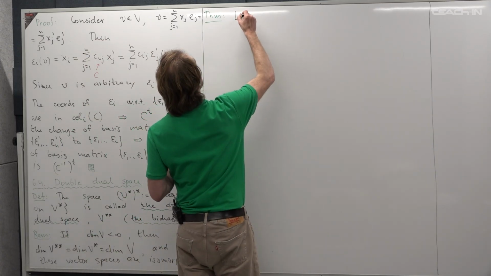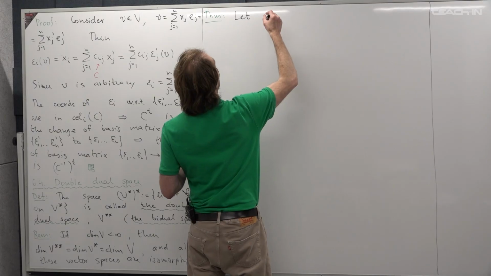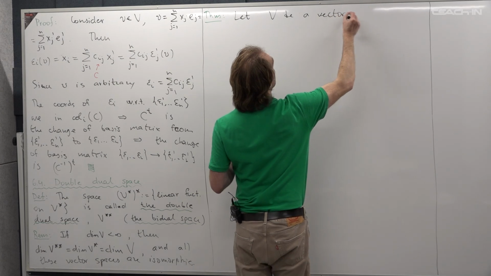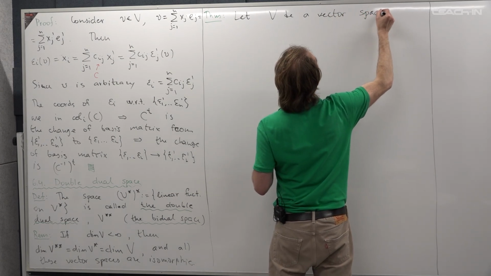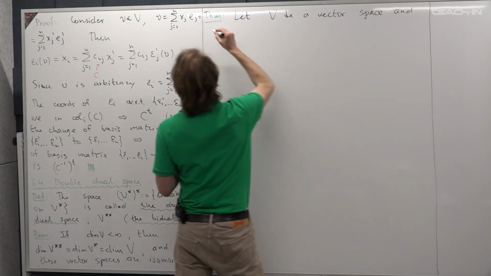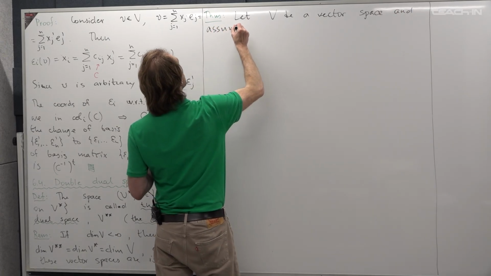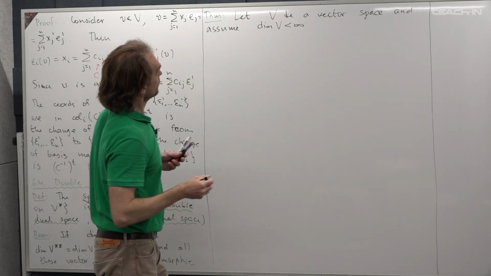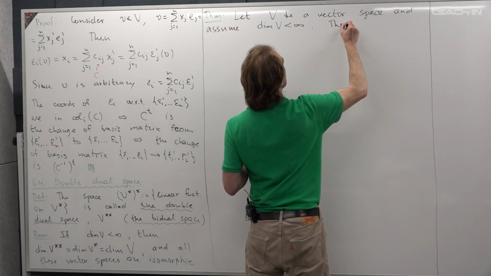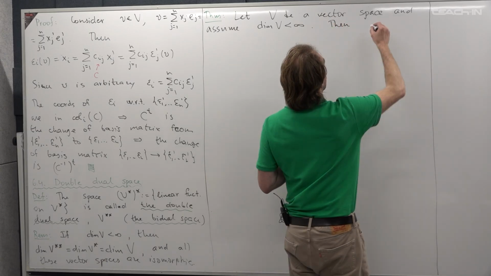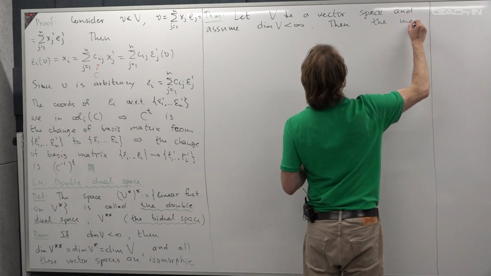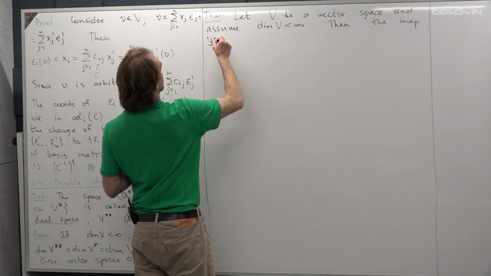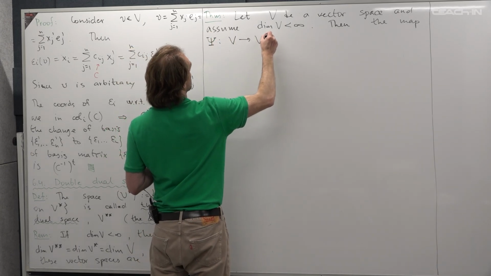So let V be a vector space, and assume the dimension of V is finite. Then the mapping psi capital from V to its double dual